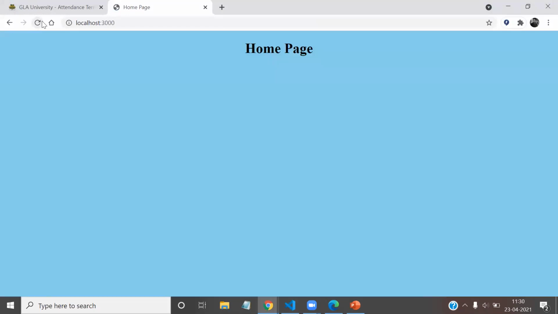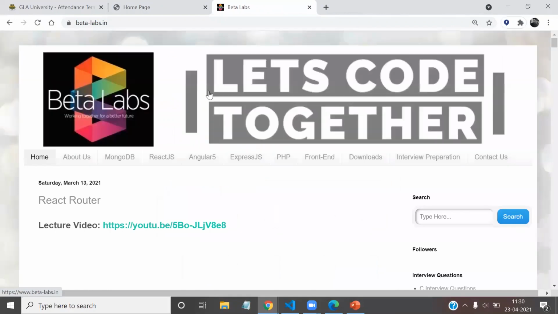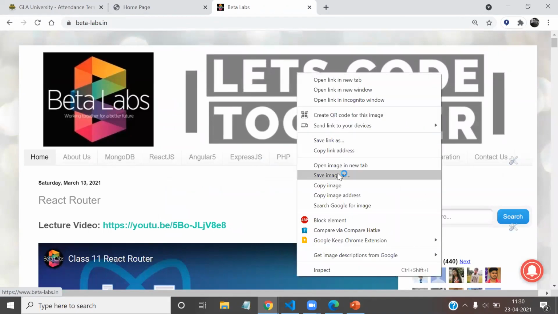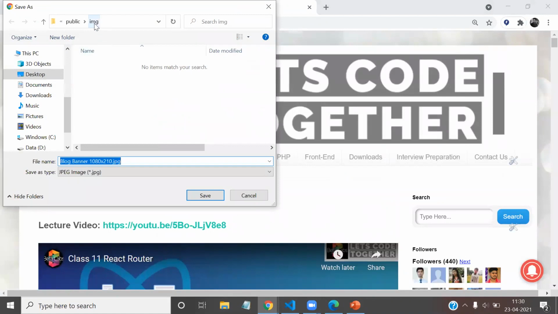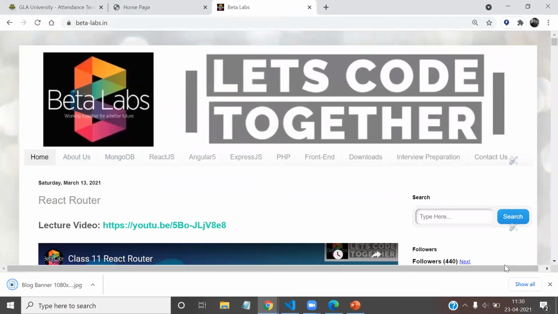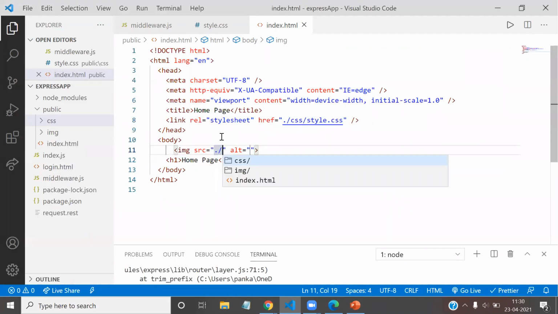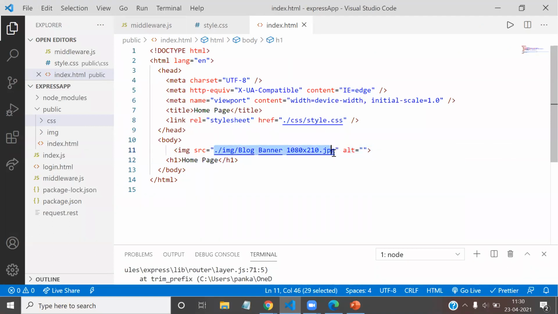Now I want there to be an image on the home page. It's like our beta labs, there will be a home page, and at the home page there is an image. So I want this image to be displayed when we open the home page. So let me save this image in the image folder. Now let me go to the page, and here I have to write the img tag, and the source will be again slash image and the blogger image. Now I'm accessing the address.